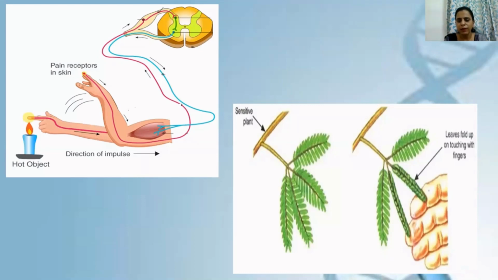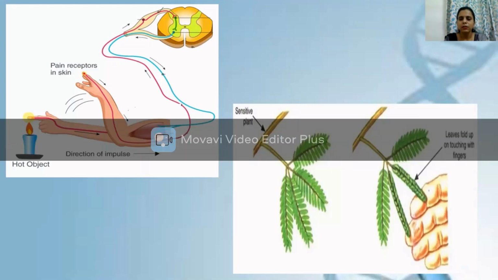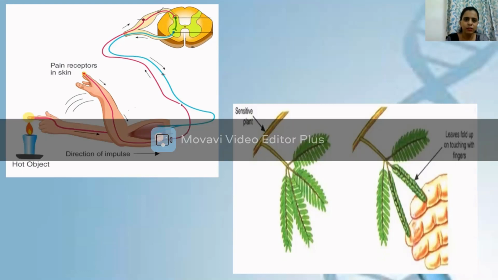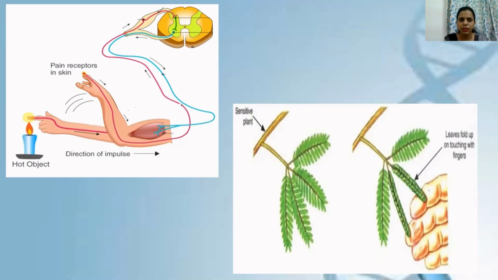Similarly, if you see this sensitive plant, Mimosa pudica, again, the moment a person has touched the leaves, what was the stimuli here? The sense of touch was the stimuli, and what was the appropriate response by the plant? The leaves were folded up, isn't it? So this is called sensitivity. Now, when we talk about this IGCSE paper, sometimes they give examples like this in the questions, and they ask you to state the stimuli. What is the stimuli, and what is the appropriate response given by the organism?